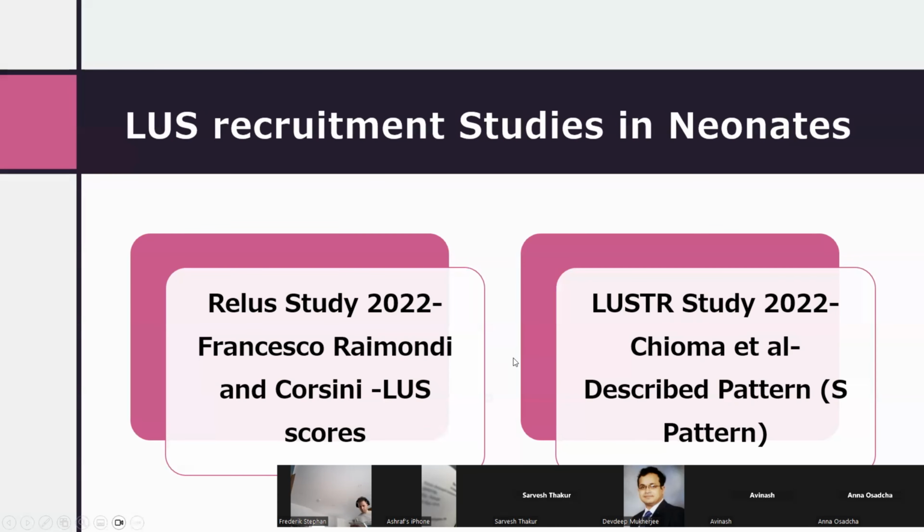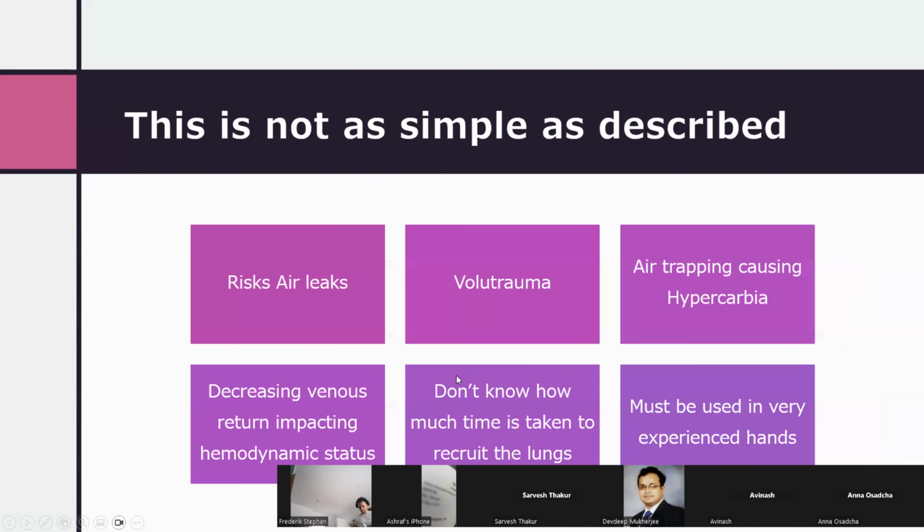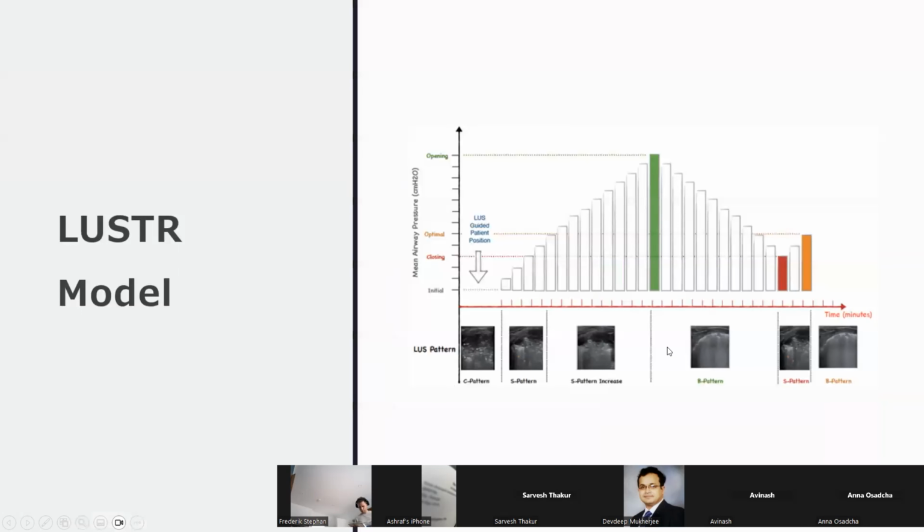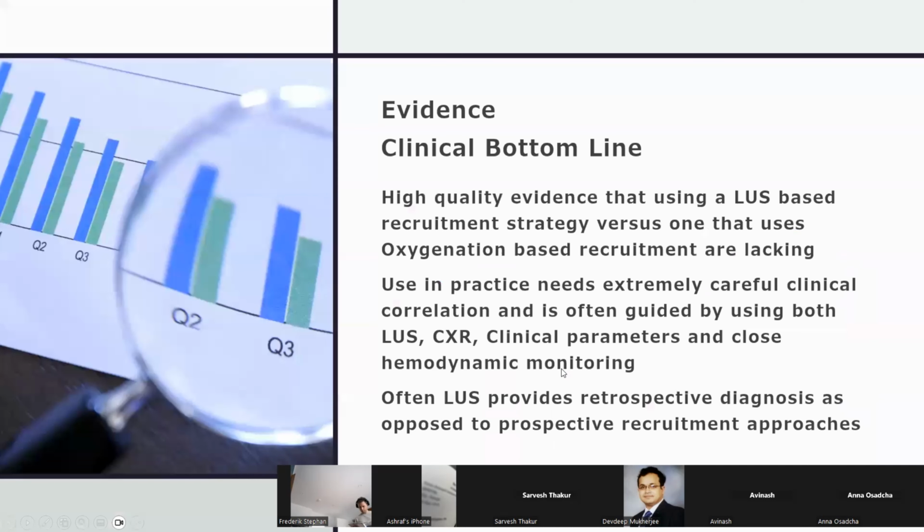So really, there are at least 2 other pieces of work. There's a piece of work that's been done by Francesco's group in Italy, again. And really, what they've done is instead of using the pattern-based change, they've used lung ultrasound scores. Now, again, the criticism for that is that it might not be valid where you've technically got, I would say, a C profile. So what you've got to then do is develop your own clinical judgment of how you're going to implement this in practice, because